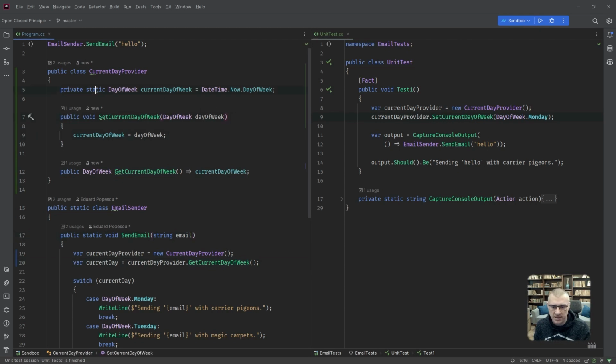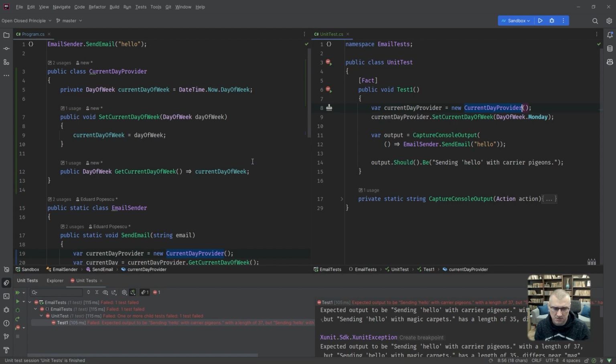So what can we do? I'm just taking off the static of the field as well. So this instance and this instance are going to have their own day of week thingy. Well, that doesn't take us very far and doesn't solve much. Ooh. Exactly.